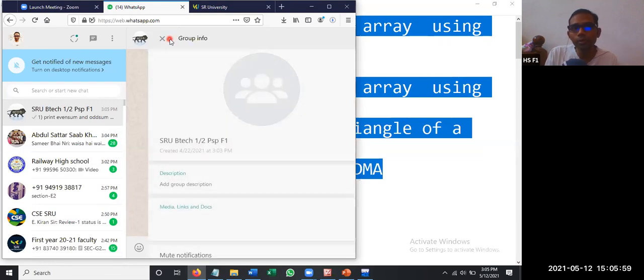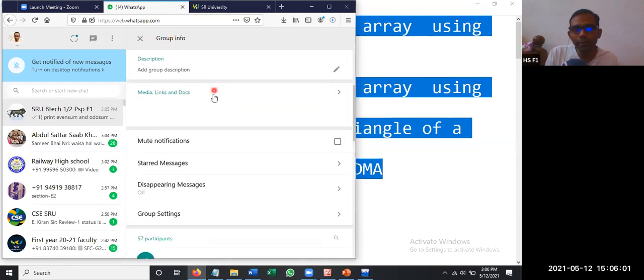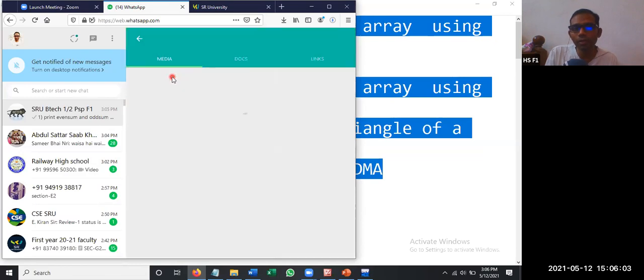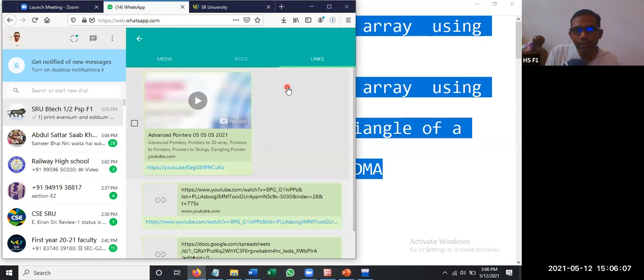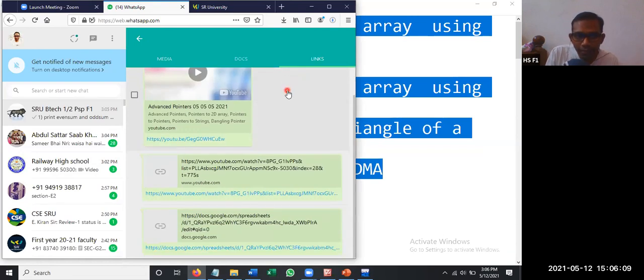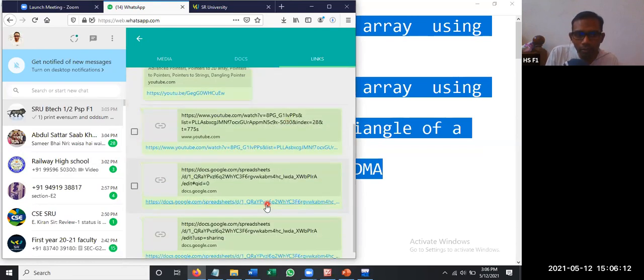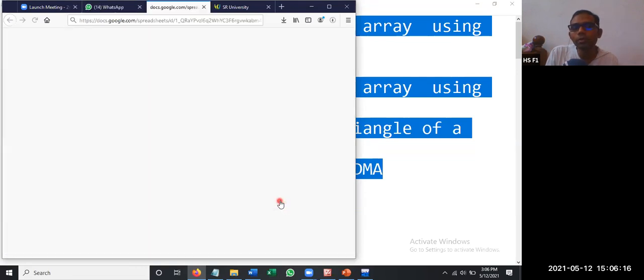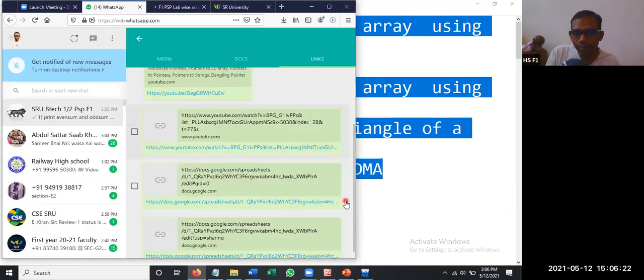Click on the group. On the group, you will be having media links and docs. Click on that. Here you will be finding links. Click on the links. Here you will be having the link for the document. Click on that. It is going to load you the sheet. Anyhow, I'll be copying, pasting the link again.